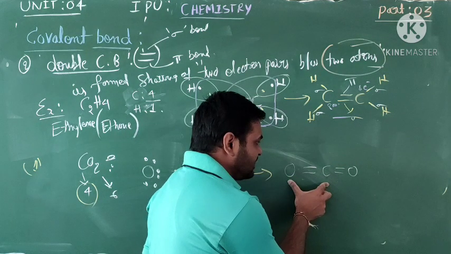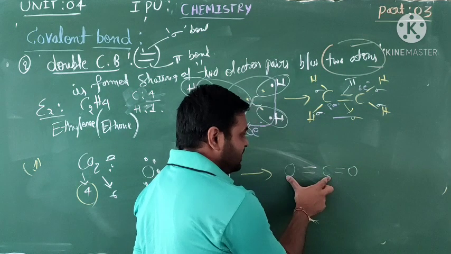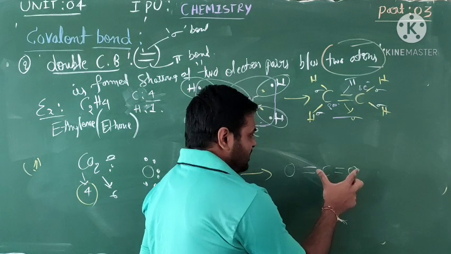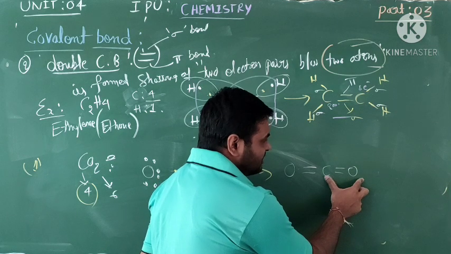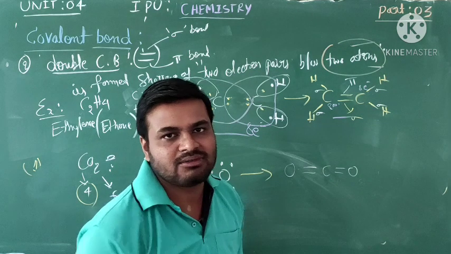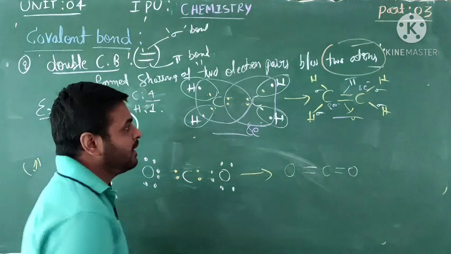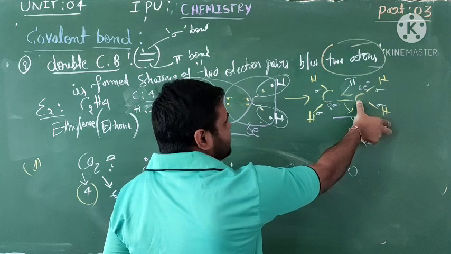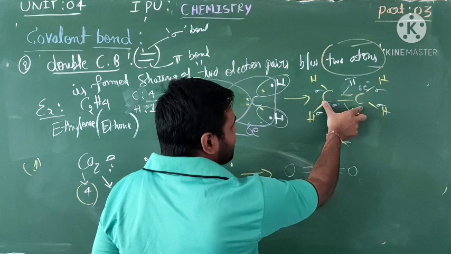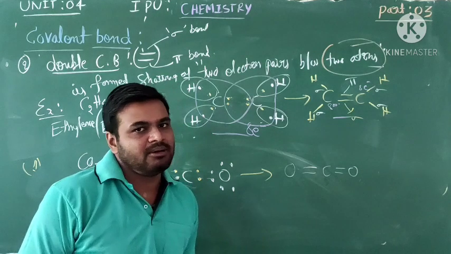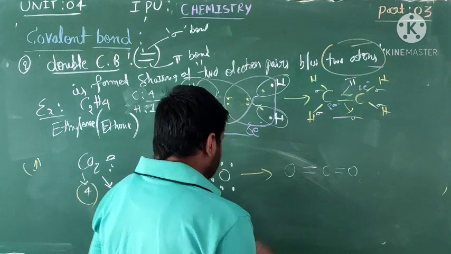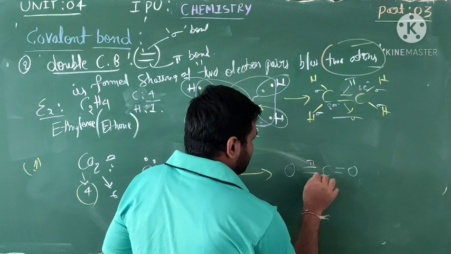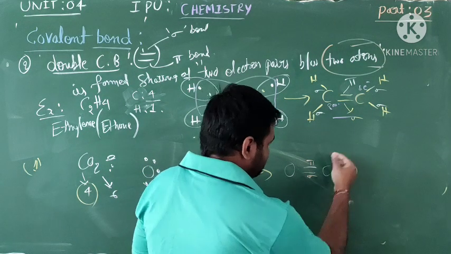So we consider only the 2 atoms, one atom and another atom, having only the 2 bonds. These two, carbon and oxygen, are having 2 bonds. This is called what? Double bond. But in the case of carbon, it has a double bond with oxygen, but carbon and hydrogen have single bonds. We consider this one an example of a double bond. Clear? So one is a pi bond, one is sigma.